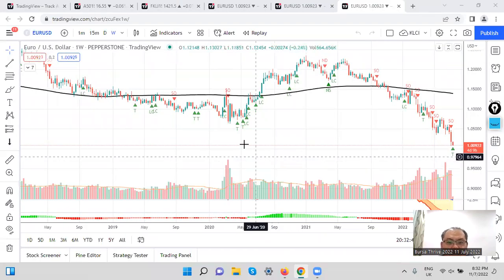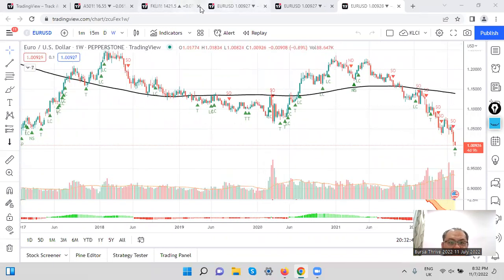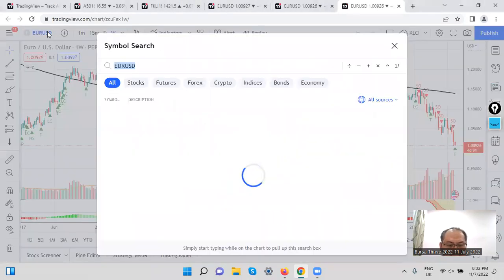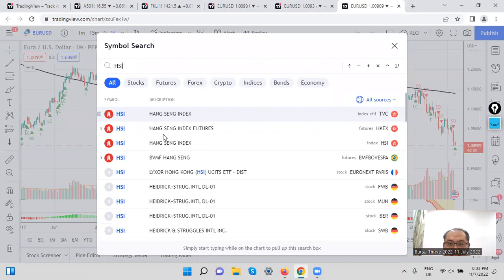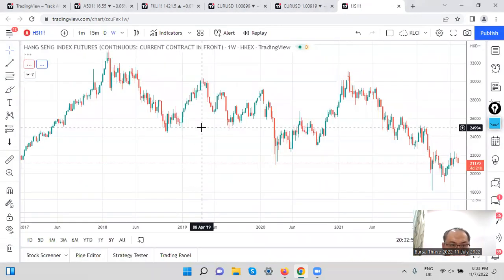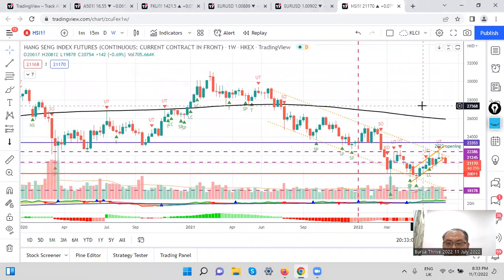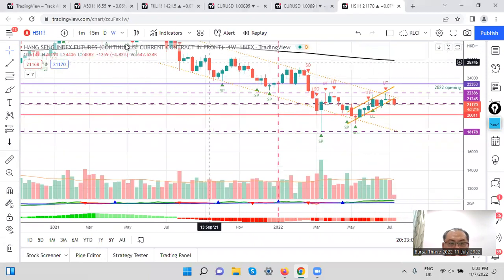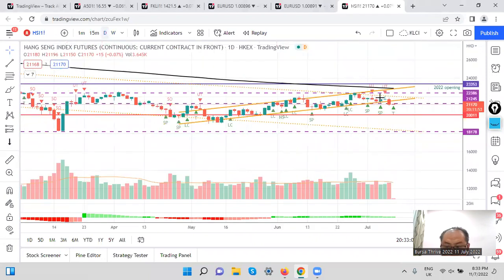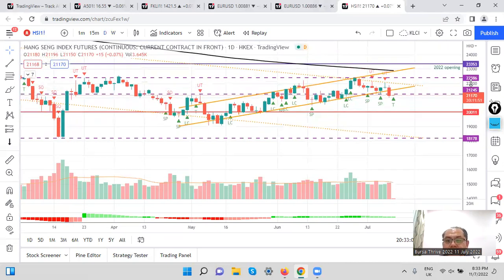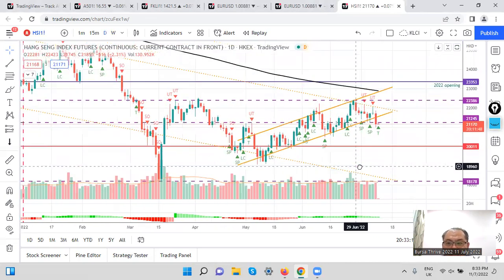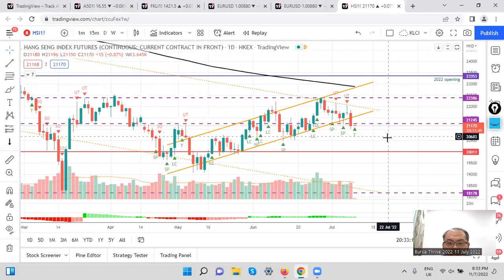Okay, so we will start with a look at the Hang Seng Index. This is one of the Asian markets running today, and wait, I want to give the futures one. Okay, so this is the futures one, and what you can see here is that today has a drop. Okay, I bring back the day chart. Okay, so this is the day chart, and you can see here actually the